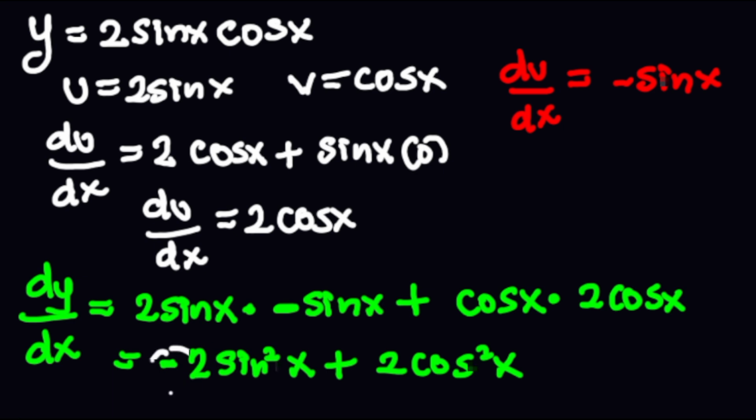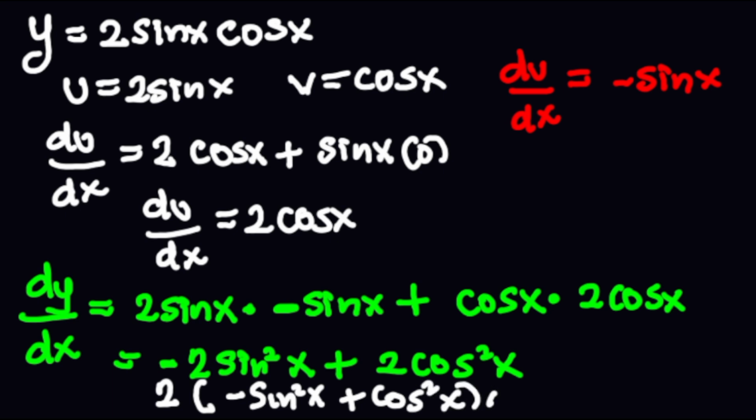And then we have plus, and then we can factorize 2 out. We're going to have 2, open bracket, minus sine squared x, then plus cos squared x. So that's the answer, right? Or we simply write this vice versa, cos squared x minus sine squared x. This is our final answer. So this one, when we solve it